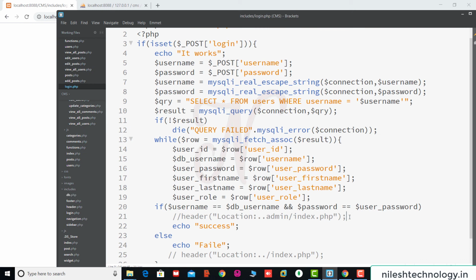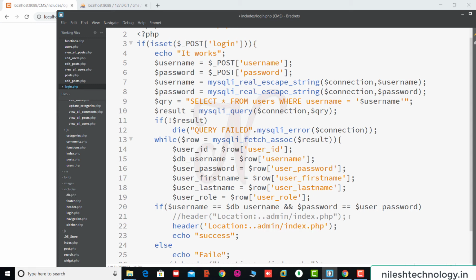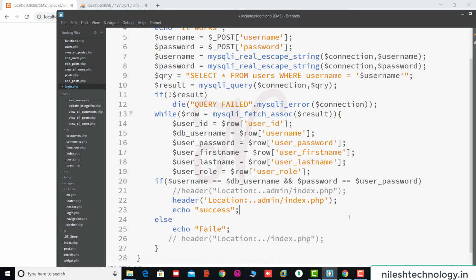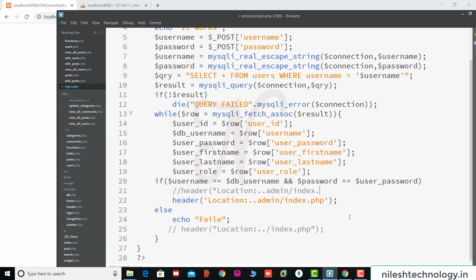Okay, so copy this header function here. See, this header function is in a single quote. Okay, and now here admin index.php, we remove this success, remove this one.